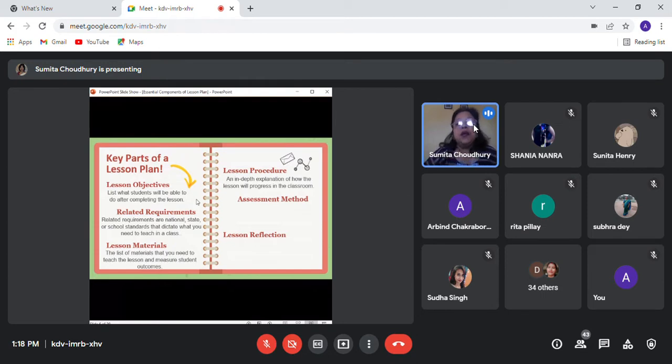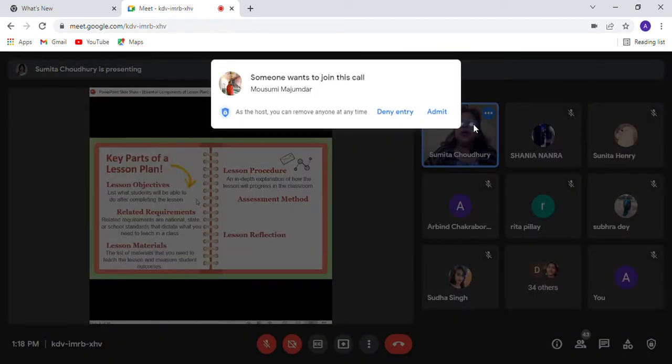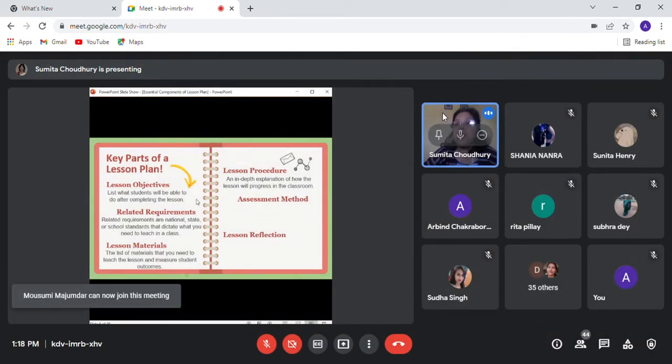Then I'm going to the lesson procedure. An in-depth explanation of how the lesson will progress in the classroom. This is the path that a teacher chooses to teach a particular topic in a specific class. For example, I start with a little warm-up session, revising the previous topic, and then coming to the explanation part. Then I am going to the